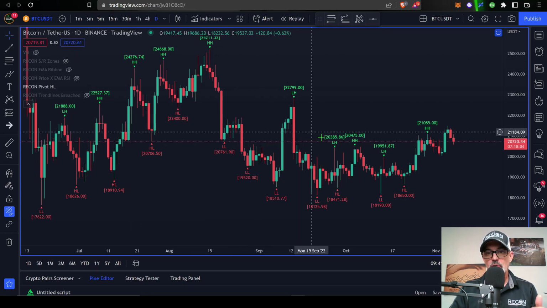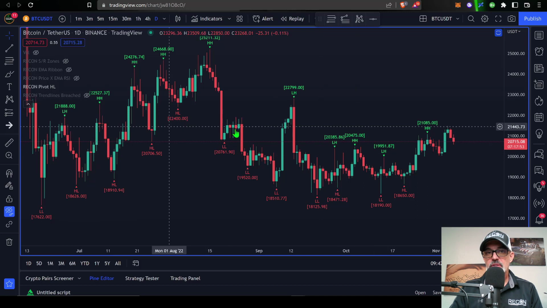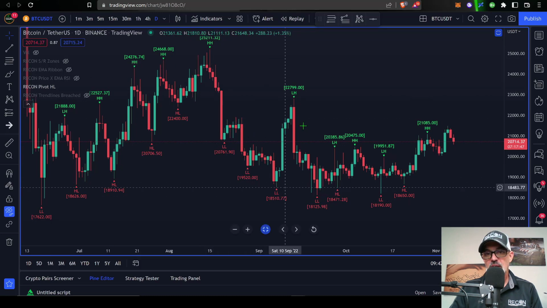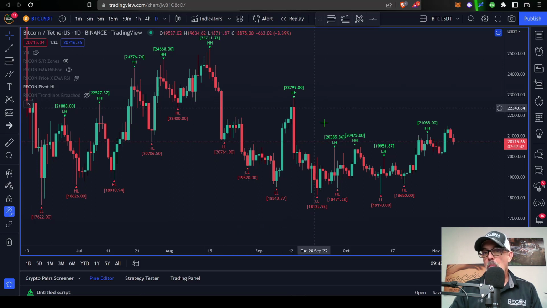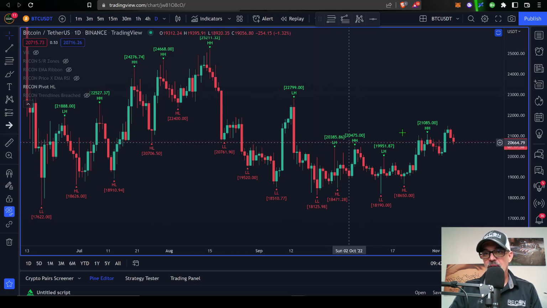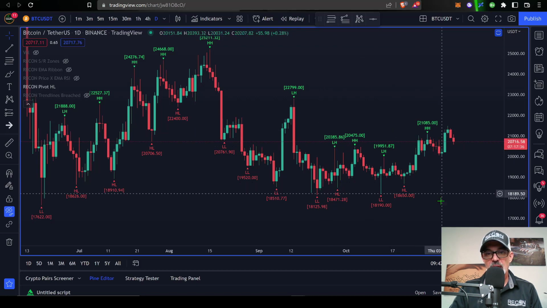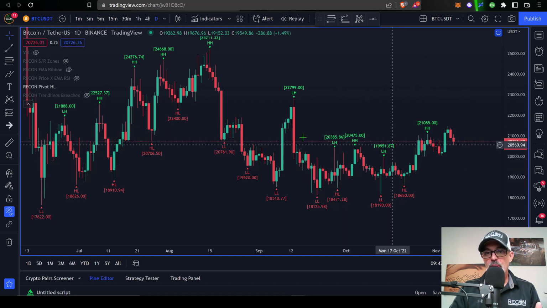daily candle chart over on Binance. And as you can see, since Bitcoin sold off to the low of 17.6, it has essentially been consolidating in the range between that 17.6 and 25,000. More recently, however, it's really been consolidating between essentially 21,000 and about 18,000. That would represent this price action that we see here. And with that in mind, the longer this price consolidates in this range, the more likelihood of a breakout or